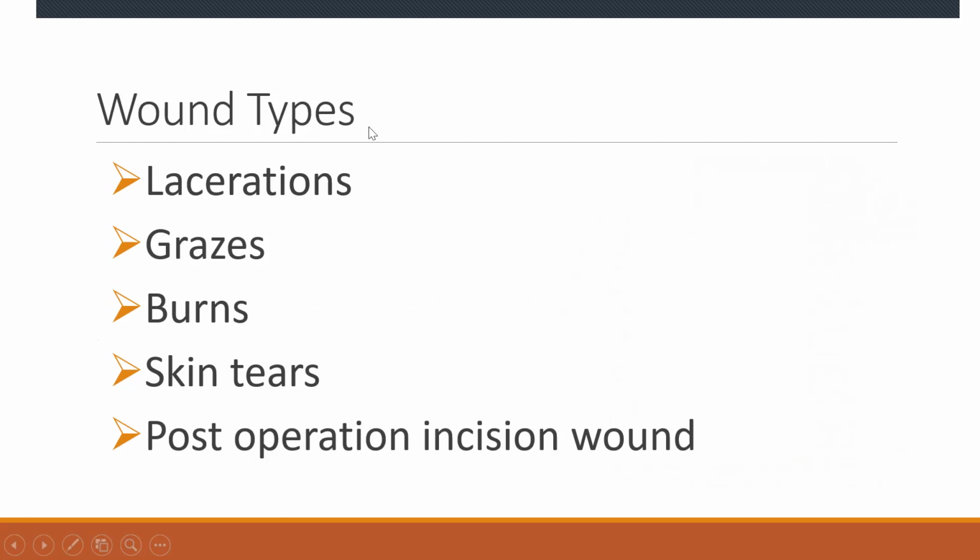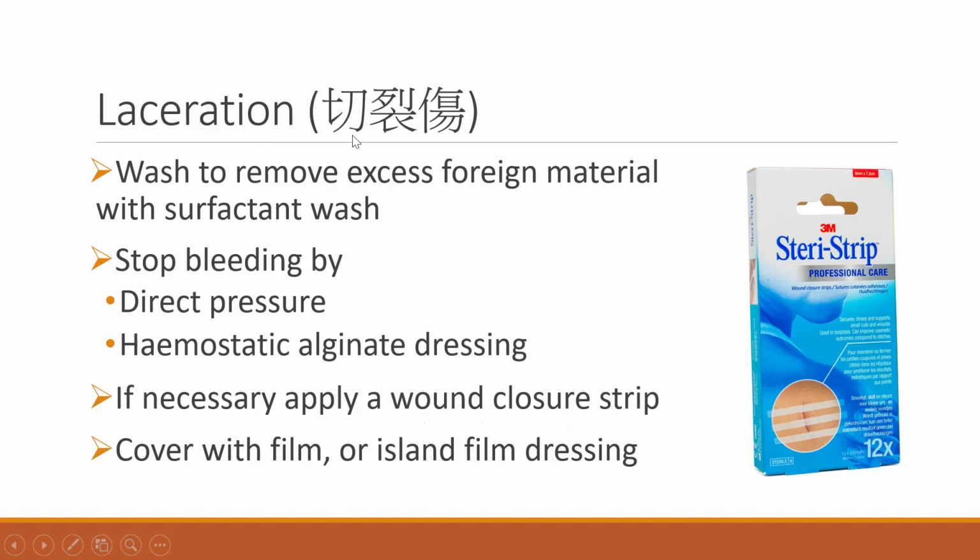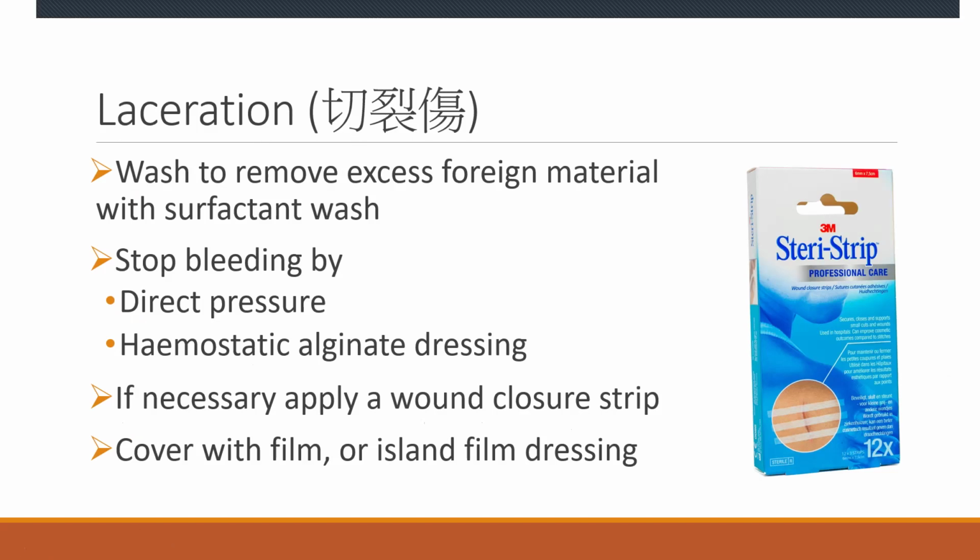And for wounds, different types of wounds have different ways of treating them, like laceration, or graze, or burn, or skin tear, or even the incision wound after an operation. 所以伤口有很多种啊，所以说每一种伤口我们都有不同的这个治疗的方式，我们会介绍这几种以下这种伤口我们会怎么处理。第一个 laceration 就是我们的切伤或者是裂伤。So first, how we treat the laceration: you have to wash and remove the